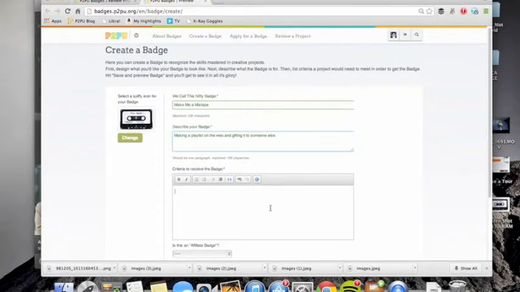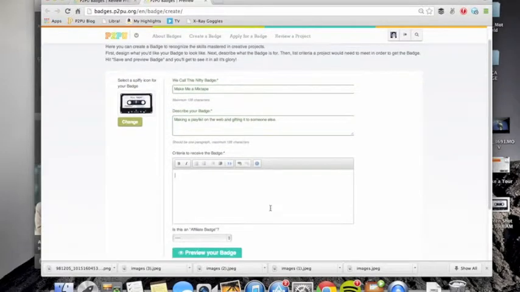Then the criteria that we're going to use to receive this badge: how can someone prove that they have met the requirements for this badge? We could say, using a program like Spotify or Audacity, put together a playlist that tells a story,